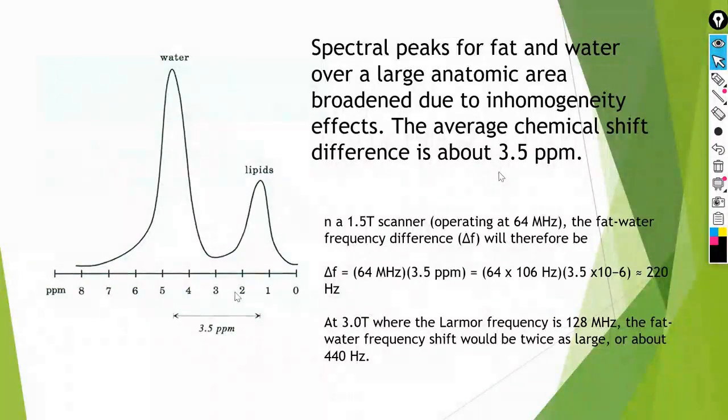This difference of 3.5 parts per million, when multiplied by 64 megahertz, what is 64 megahertz? It means I have a 1.5 Tesla device that makes the protons rotate at a speed of 64 million hertz. So when I multiply